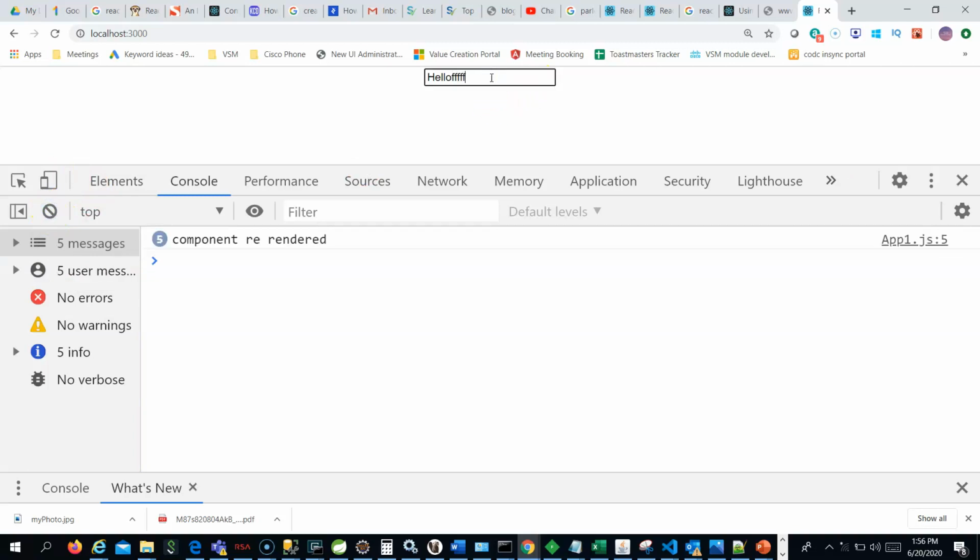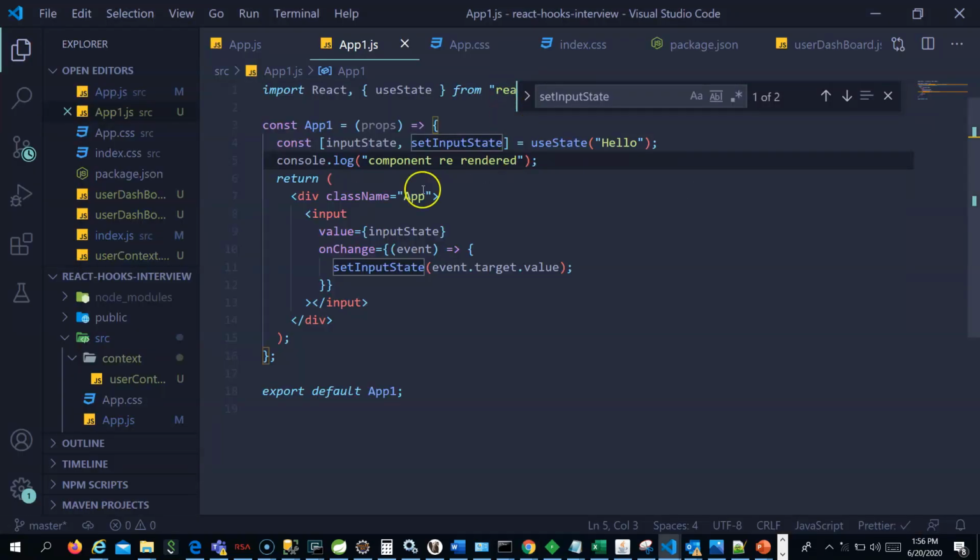So when you type anything, you can see that every time the state changes, this complete component gets re-rendered. That's why I put a console log here, to show you that every time this input state changes, the component re-renders.